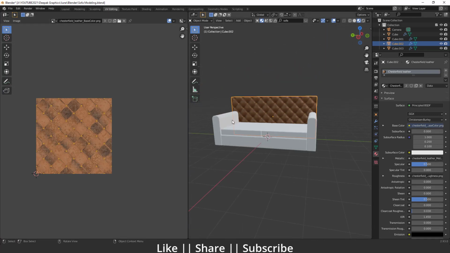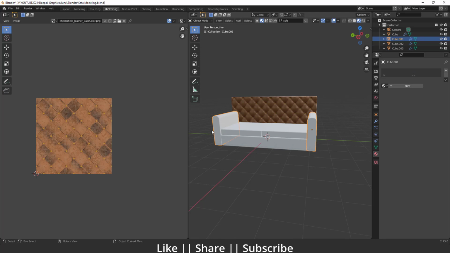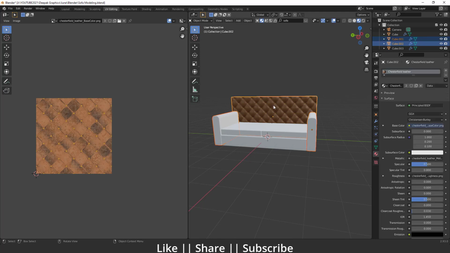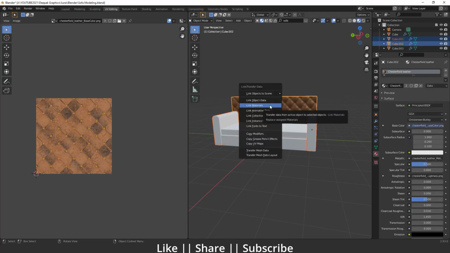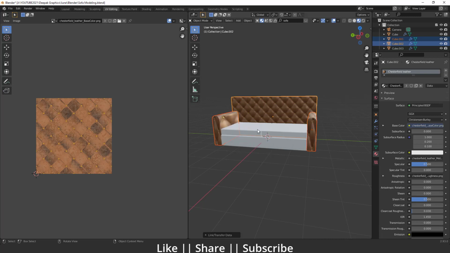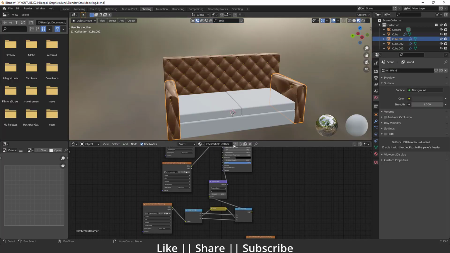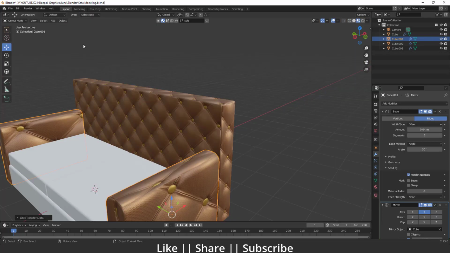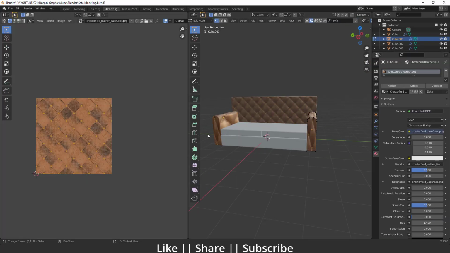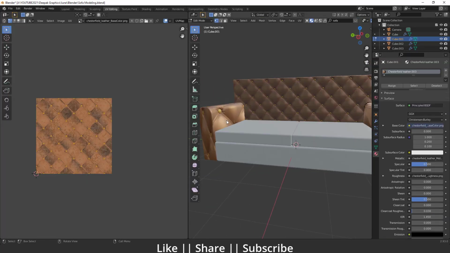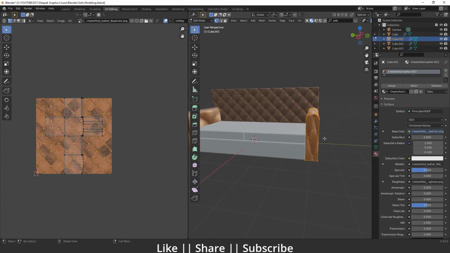Then after that what I'm gonna do is select this part, and then select this part, and I will do Control L. Okay, and then I'm gonna link as a material, so that the same texture will automatically link with them. Okay, so first of all I'm gonna unlink from my shading panel, and then I'm going to go to my UV editing section again, and here I will select that sofa, and then I'm gonna unwrap it again, pressing U, smart UV projection.